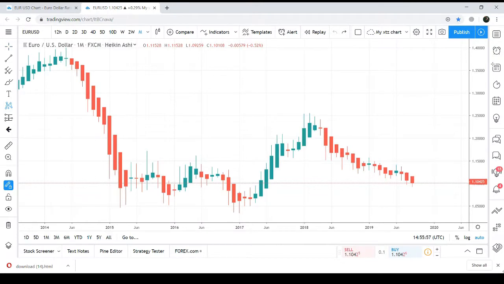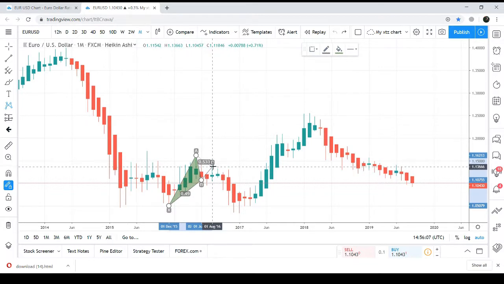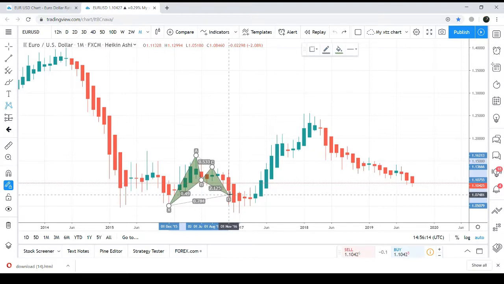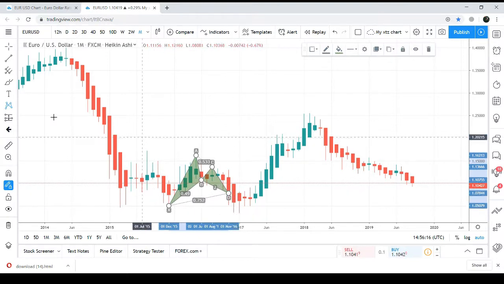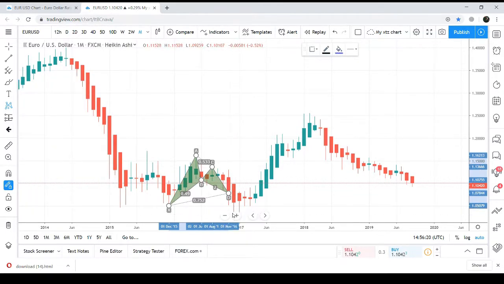And on this chart we can see the price action first formed a bullish Bat pattern. This is the bullish Bat pattern, and after the formation of this bullish Bat pattern, the price action started the formation of another harmonic pattern, the bullish Cypher pattern. And this is a Cypher tool for the Cypher pattern,